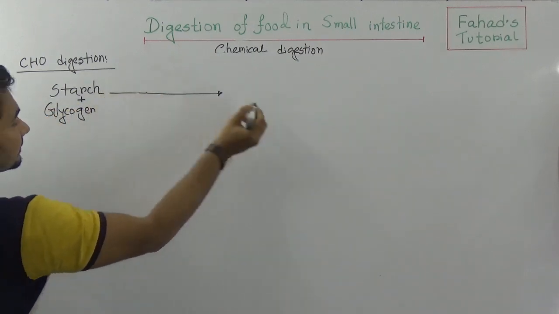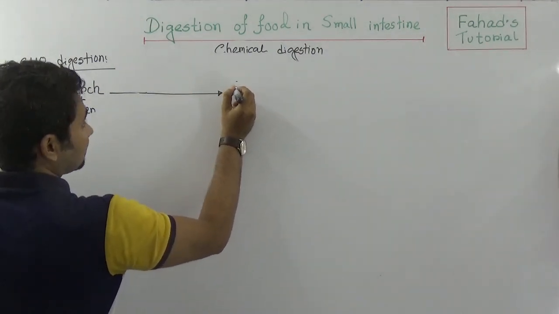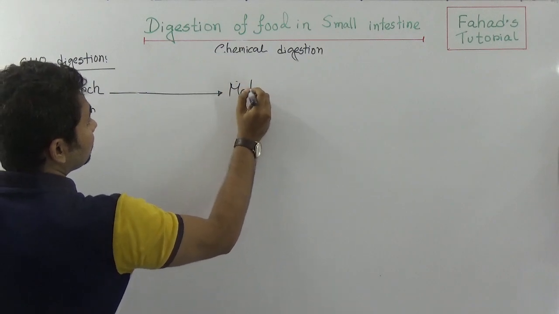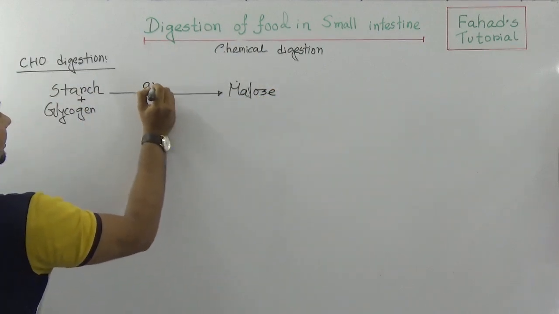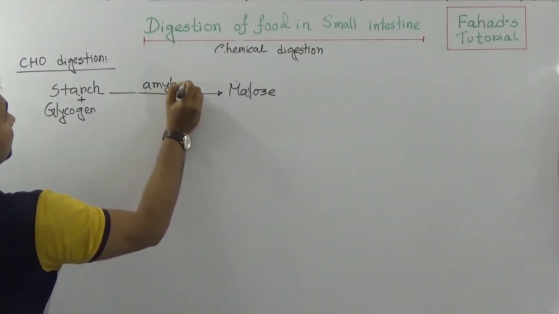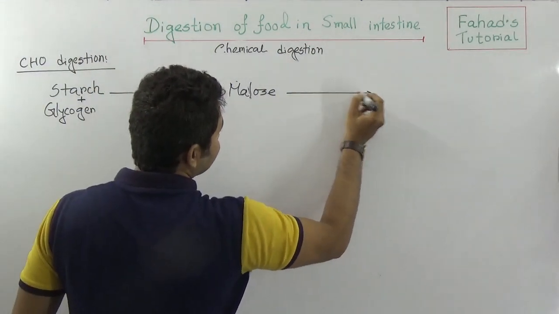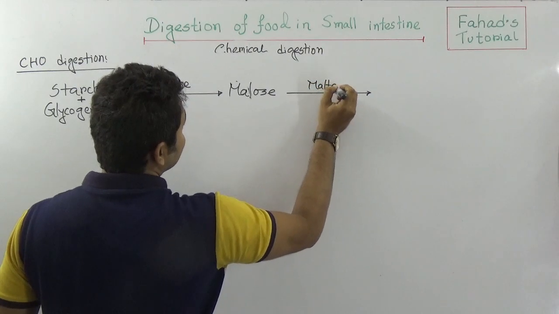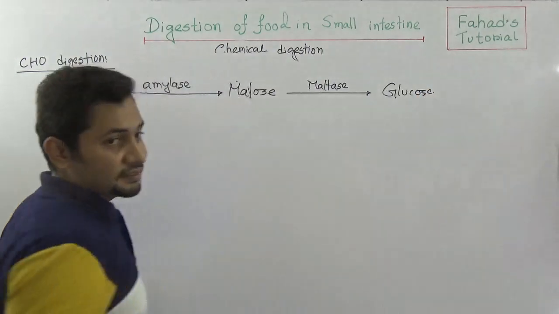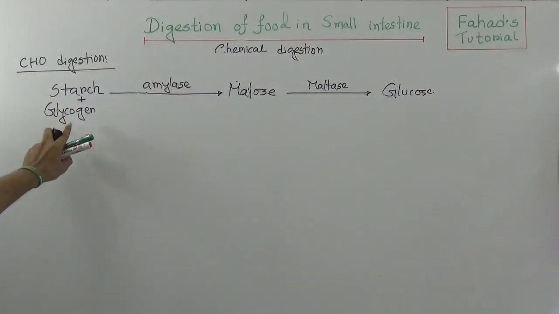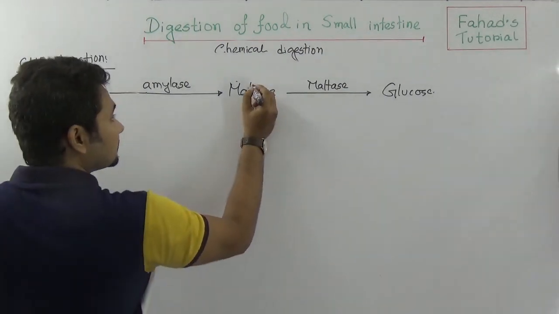Glycogen will be converted to glucose, or sorry, maltose, by the activity of amylase. I hope you know that amylase is a pancreatic enzyme, and then maltose, with the activity of maltase, will form glucose. Now you see that starch and glycogen, with the activity of amylase, will form maltose,